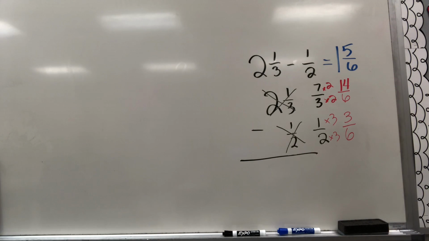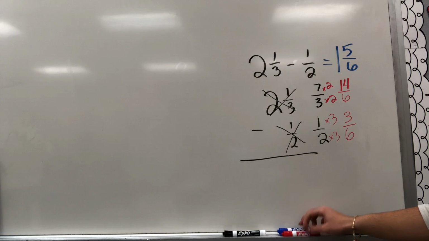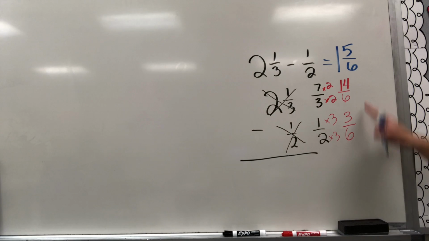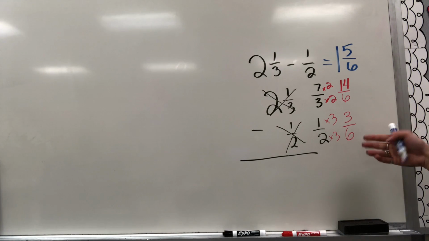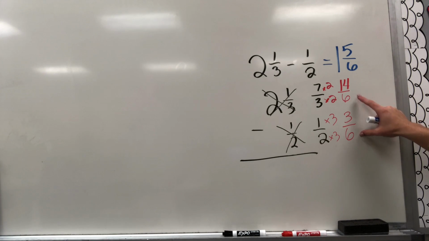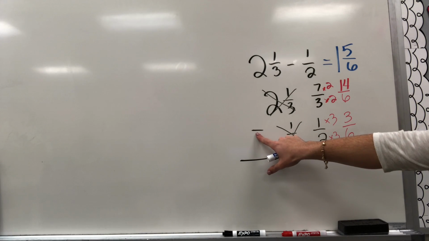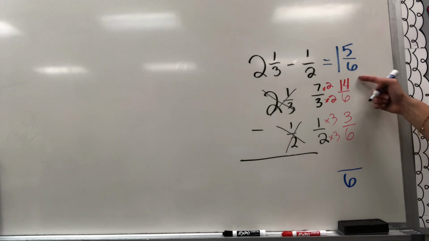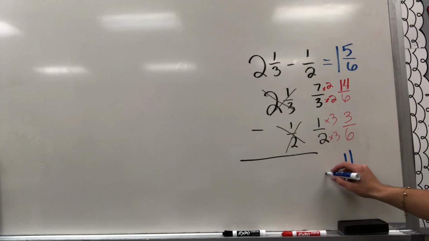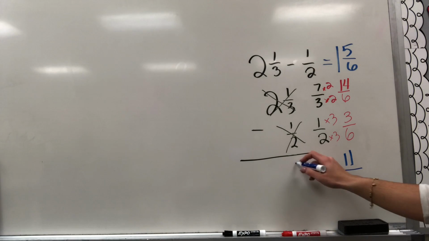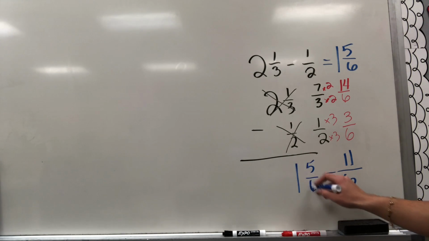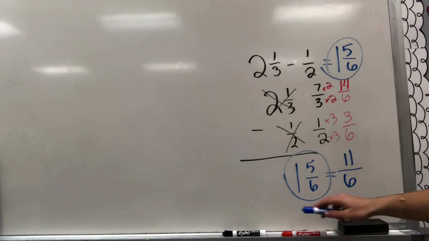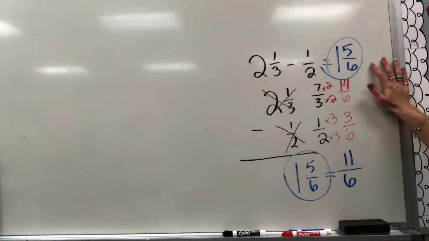Now, it's really important, if we're working too fast, it can slip our mind to actually pay attention to the operation we're being asked to do. So at this point, when we're ready to either add or subtract because we have those common denominators, we want to look and see what we're being asked. So I'm being asked to subtract. So again, my denominator stays the same. 14 minus 3 is 11, and 11/6 is equivalent or the same as 1 5/6, which you see matches the solution that we got